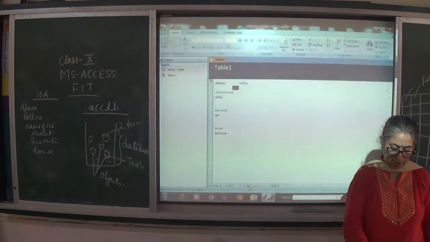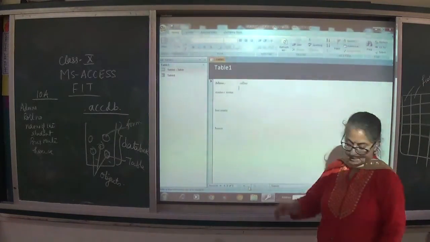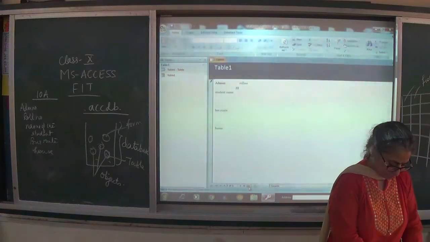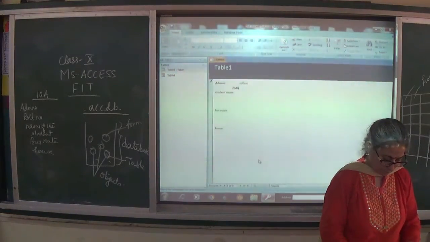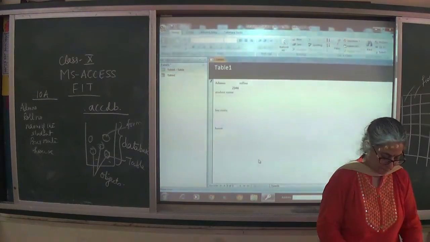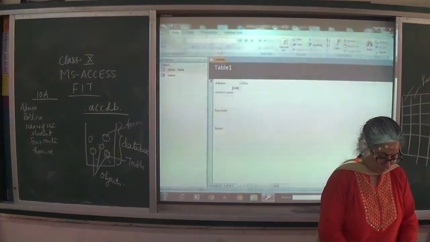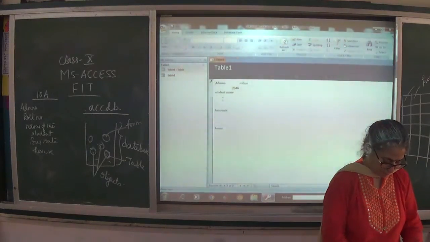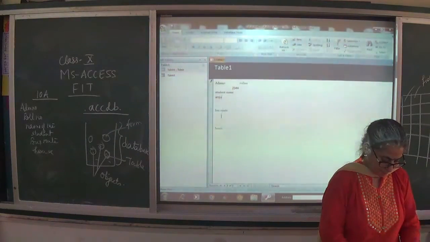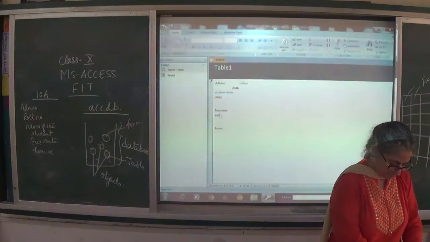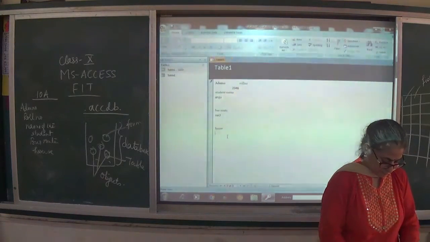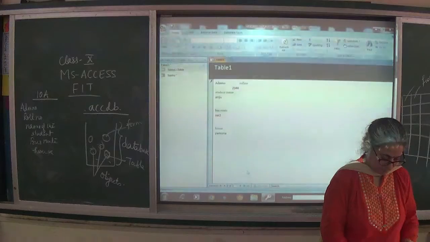I want to enter new data. Go here, say new blank. I'll just put the admission number. Press tab. Write down the name of the student. Write down the bus route. House.